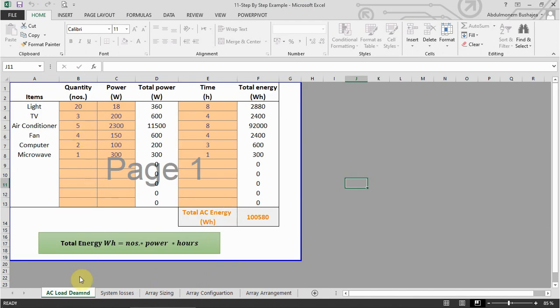So for the first step, the load demand or AC load demand, I said that we need three important pieces of information. We need to know what your loads are, like lights, TV, air conditioner. We need to know the quantity for each equipment, the wattage for each equipment, and the working hours. And this sheet will calculate the wattage for all equipment, and also the total AC energy in watt hours by using this